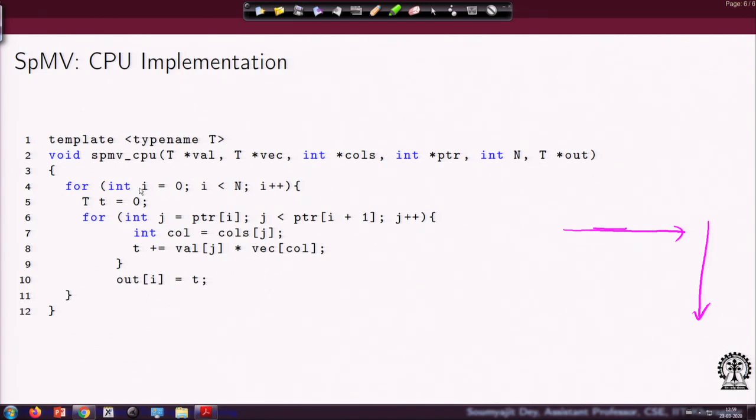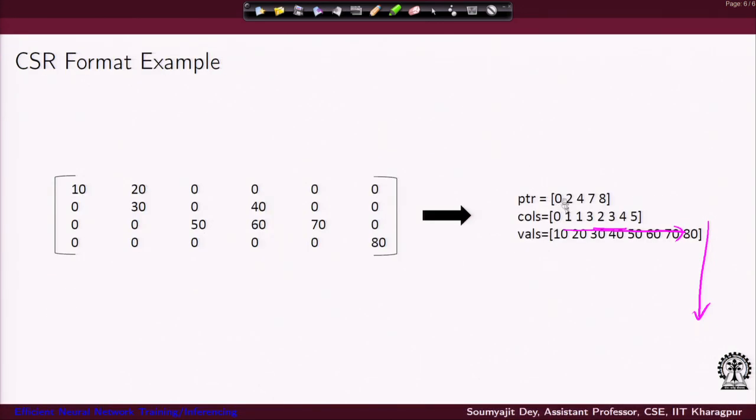Suppose for any ith row, you have to start from PTR i, and how much really is this inner loop going to iterate? Well, that is easy to get, just observe our previous definition. All that we said was that this location 0 and this PTR 2. So, what is the difference? That is the number of elements in the 0th row.